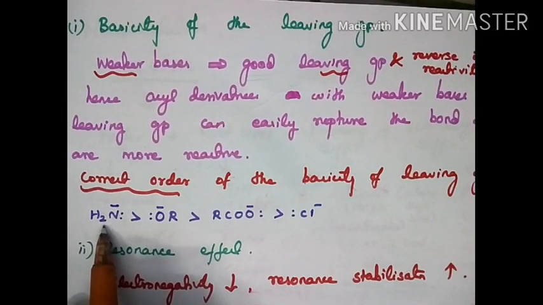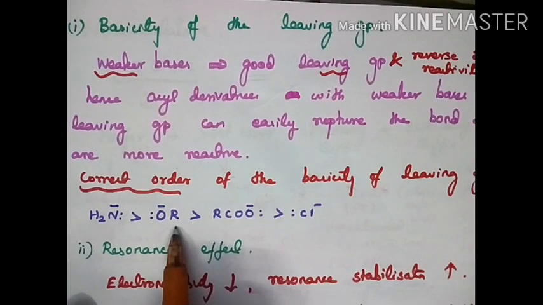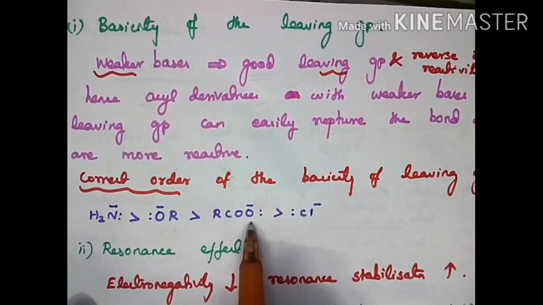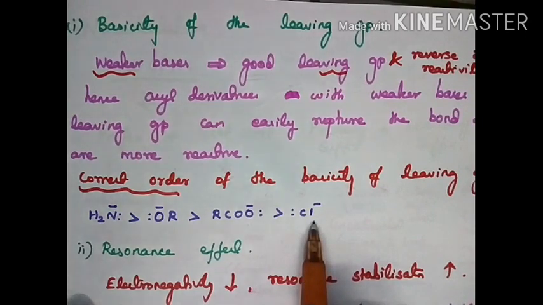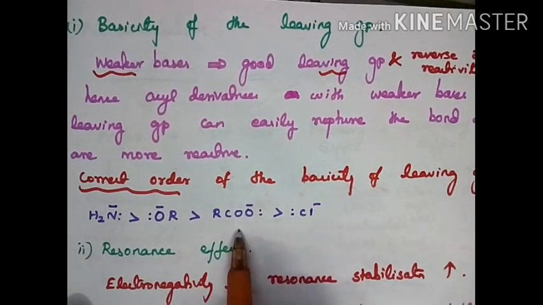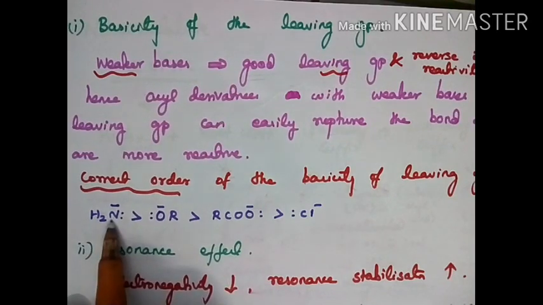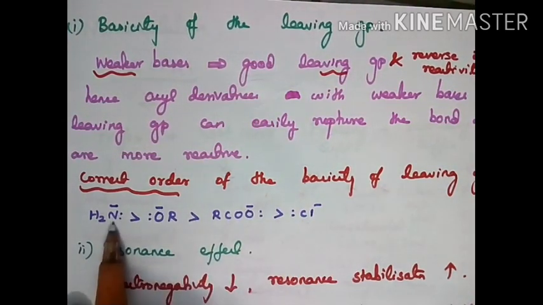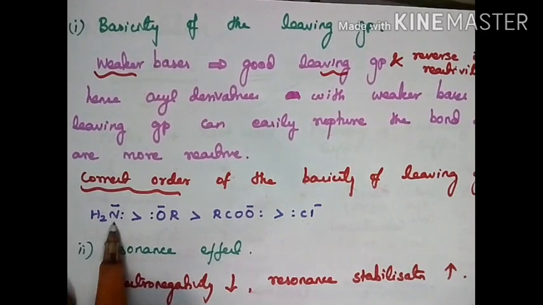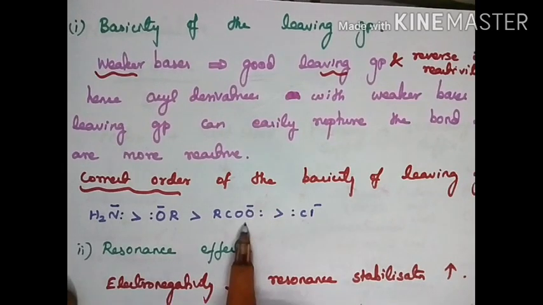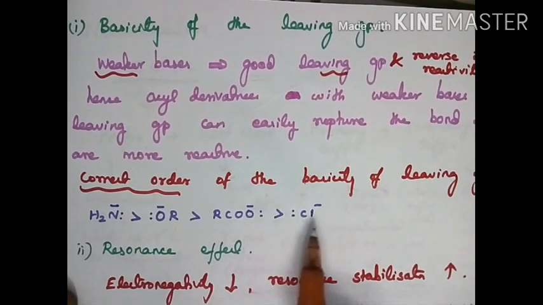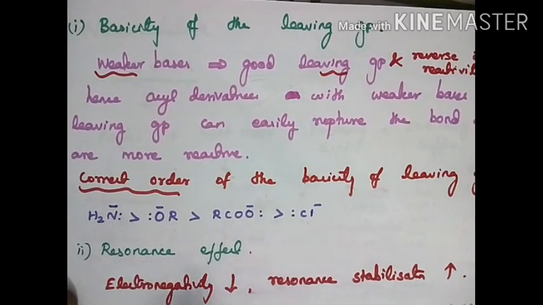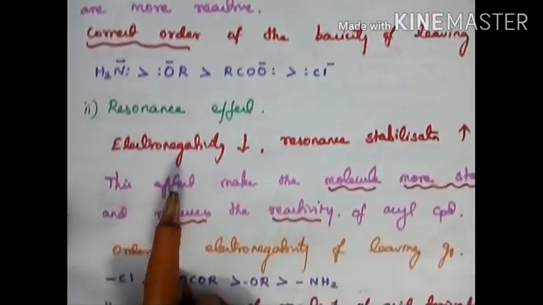First is amide, no? And the next is the ester, formed with OR. And then acid halide, and acid anhydride. OR forms an ester. NH2 forms an amide. What is the order we discussed? Which is more reactive? Acid halide. Which is less reactive? Amide. So the basicity order is the reverse of that. NH2 is more basic than OR, then the ester group attached to the acyl group, and then Cl minus.